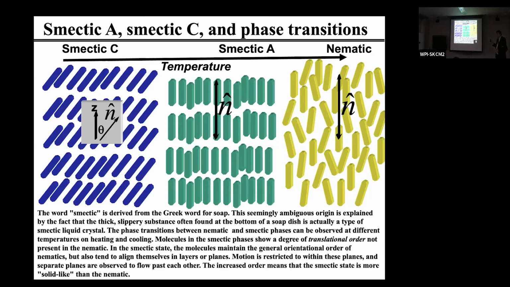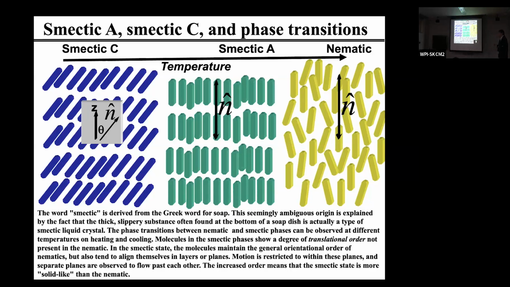Because in 2D, in planes perpendicular to the director in here for smectic A type of phase, they can freely move around. So these types of liquid crystals flow, even though in a more complex way than isotropic liquids, but you can still pour them from one jar to another, right? And so